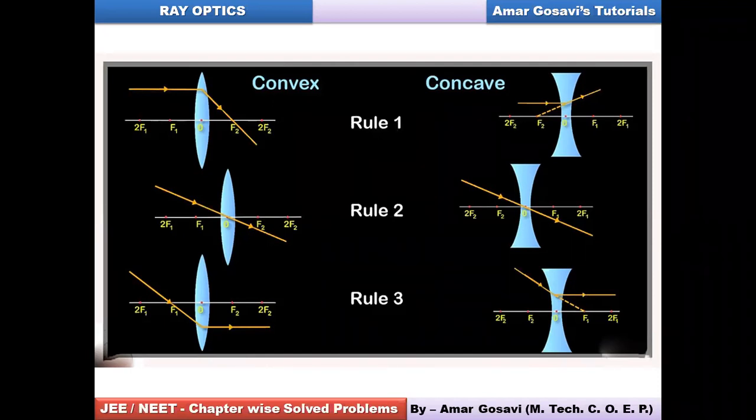The second ray for concave lenses will be the ray which moves through the optical center undeviated. The third ray, you can see it hits the lens and it has to move through the focus ideally if the lens was not there, but it moves parallel to the principal axis after refraction. So draw any two rays, and wherever they meet as per your requirement, image formation would take place there. I will show you the image formation cases, but prior to that, just make a note of this, and hopefully you have understood this. So please let me know once you're done with it.